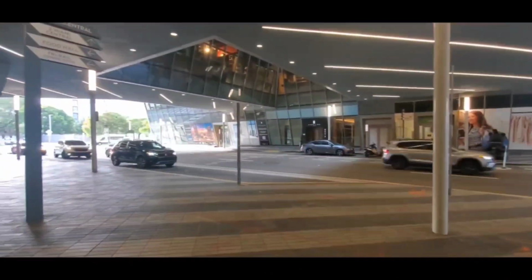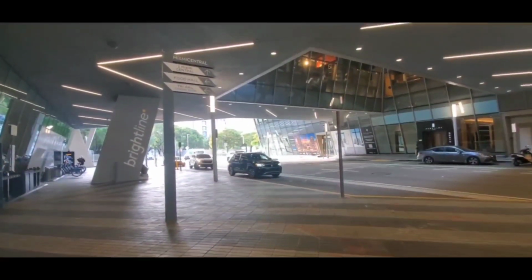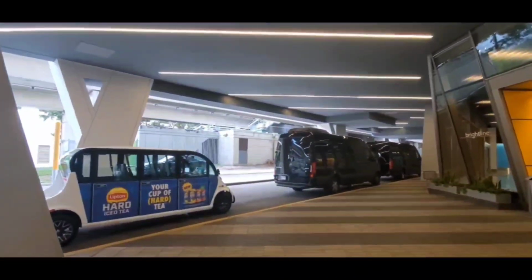So again, passenger drop-off, Uber drop-off, Uber pickup. You have share